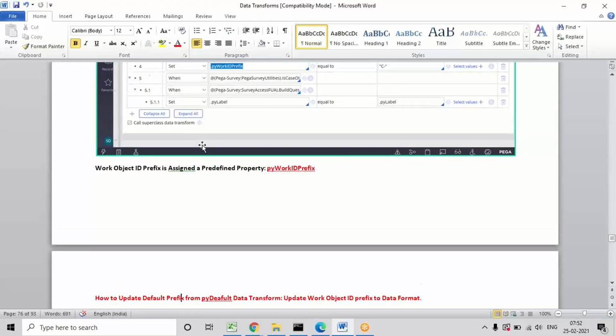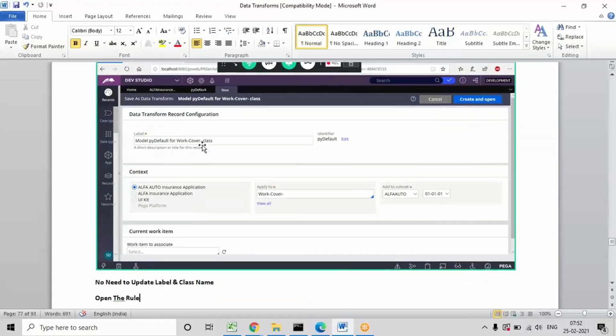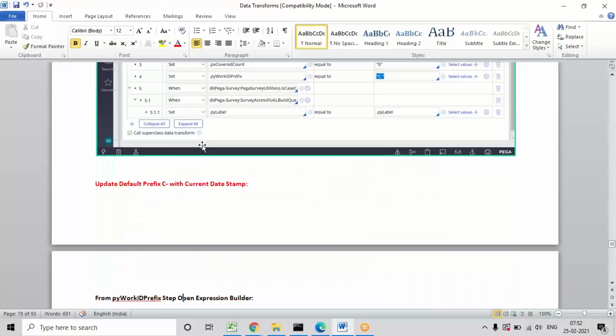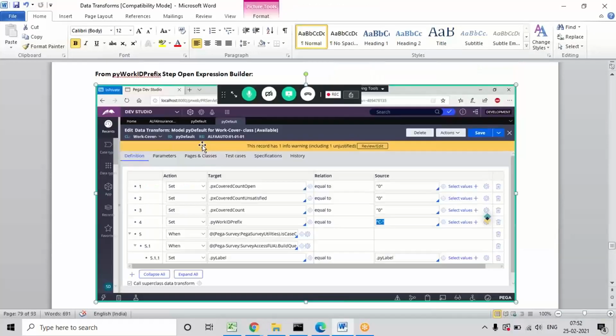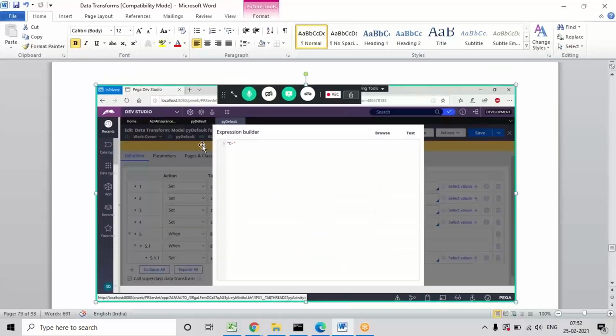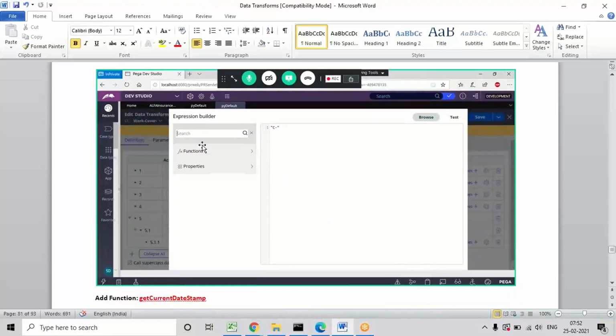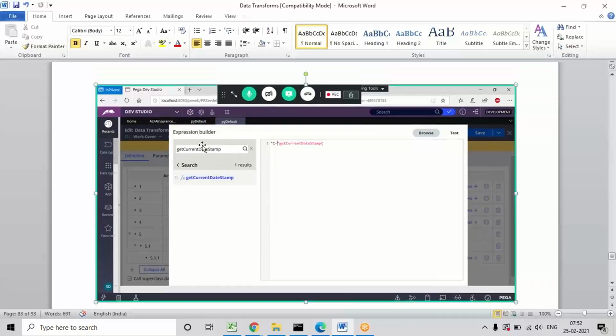See, like this, in many rules we will have this expression builder. So using expression builder we are able to use the advanced functions, mostly if we want to perform date and time calculations, any date properties or time properties. So using expression builder only we are going to use them. Okay. So after that, open, there is a function called get current date stamp. Suppose if we want to display time, get current timestamp is the function. So for date stamp, get current date stamp is the name of the function. With practice you can remember these functions, no need to worry.